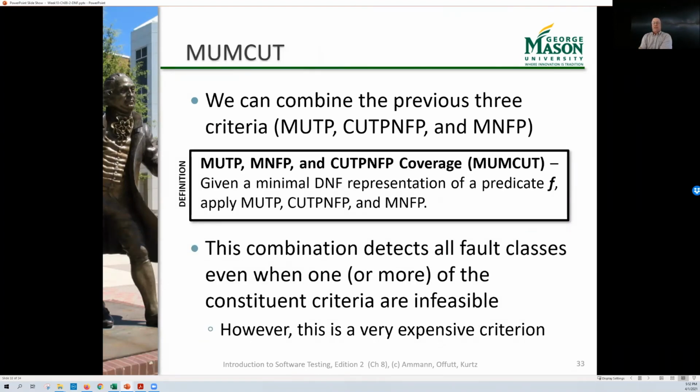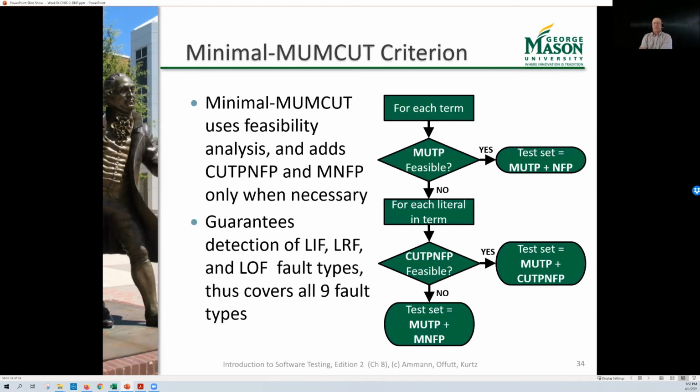And that leads us to combining all 3 of the previous things. If we combine MUT-P, CUT-P and FP, and MNFP together, then that's guaranteed to detect all the fault classes, even if any of them on their own are infeasible. So terrific. The problem is that's a lot of work. It's a lot of analysis work, and it can result in a lot of tests. So it's not really ideal. So the obvious optimization of that